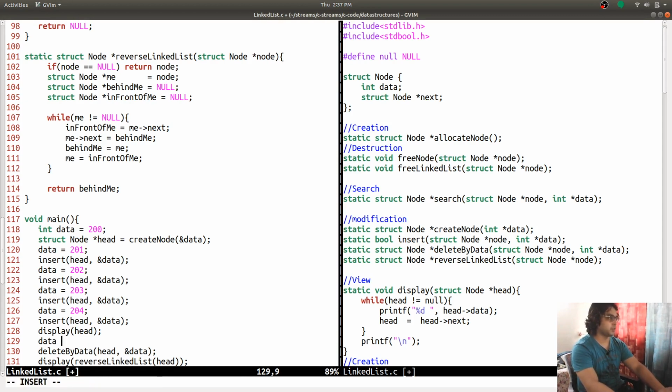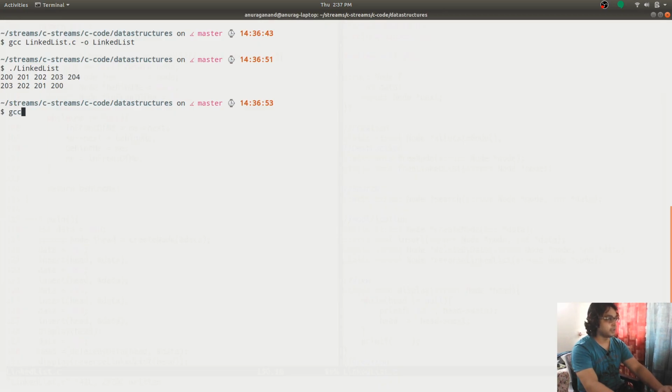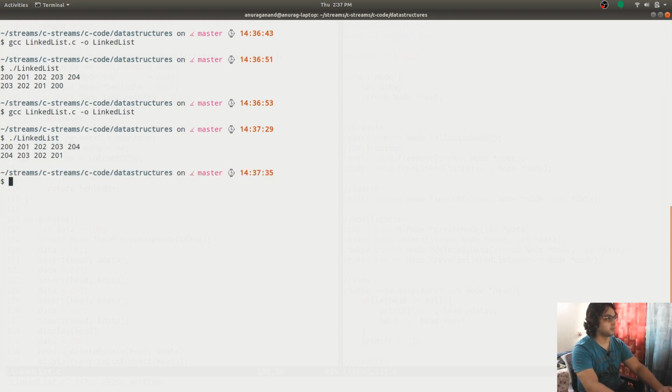Say that data is equal to 200, and I can say the new head is this, and in the next reverse linked list we want to find the node with data 200. So it is there, the node with data 200 is in our reverse linked list.